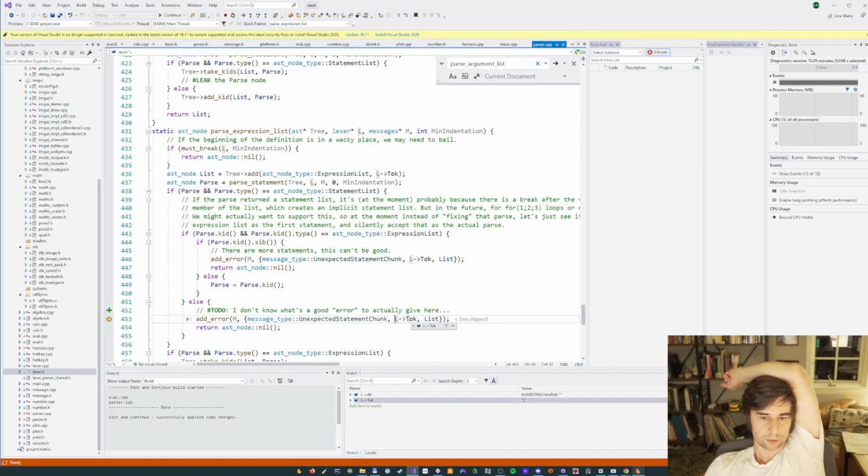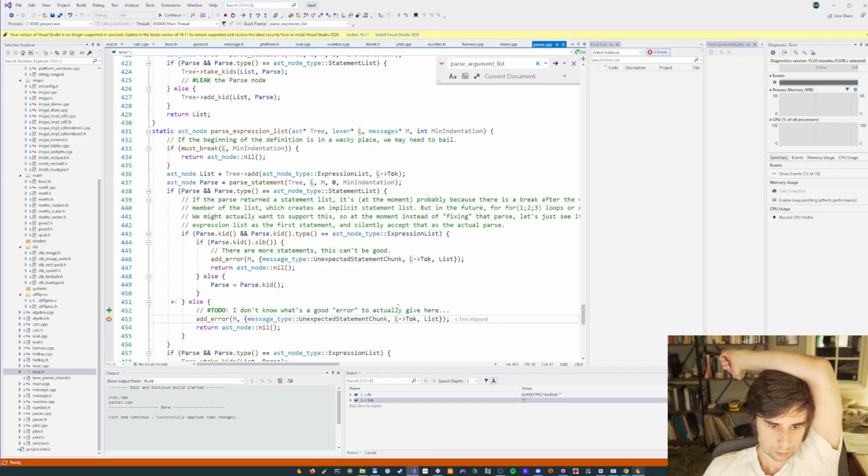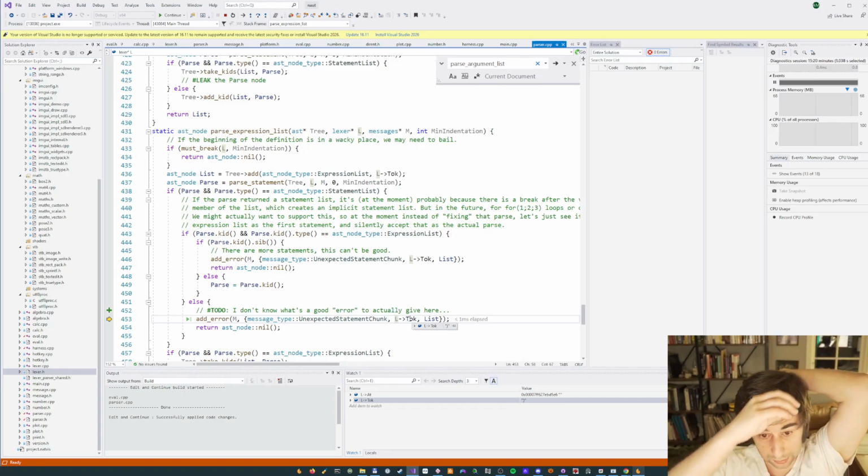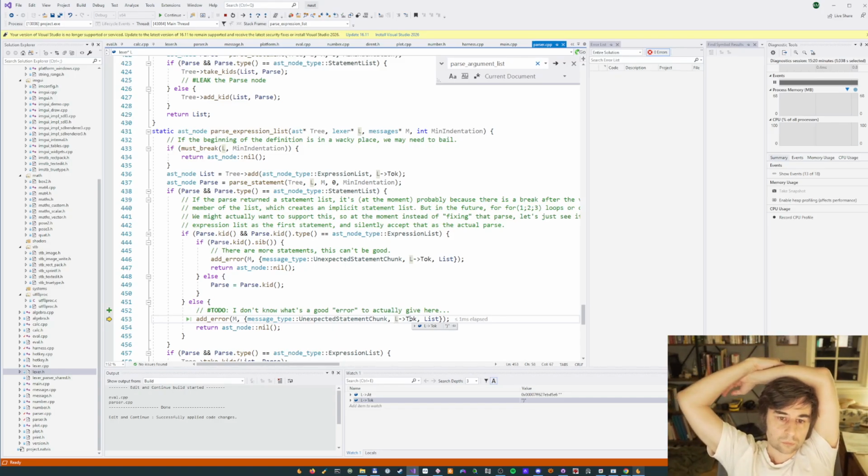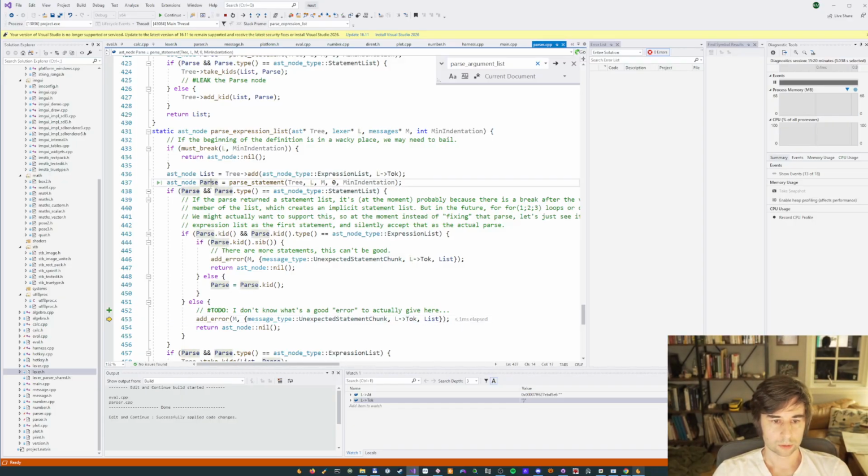It shouldn't be L talk here, right? Because that's... well, what is LTalk at this point? Close paren. So okay, this is like a red herring because we've already advanced to the next token. So really it's actually